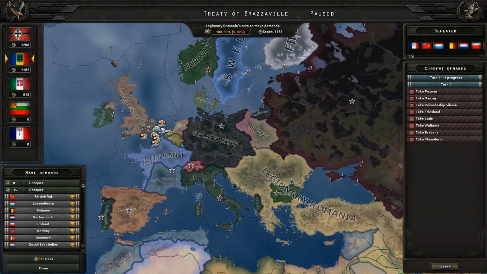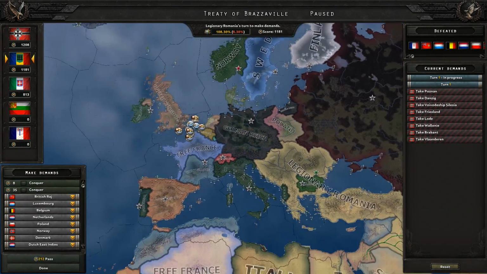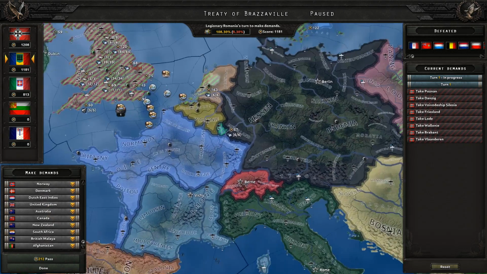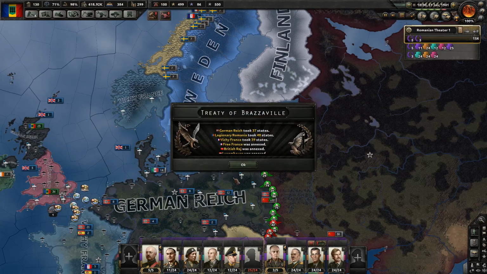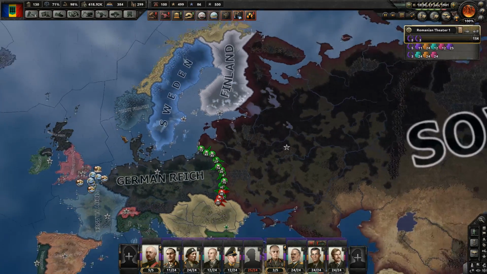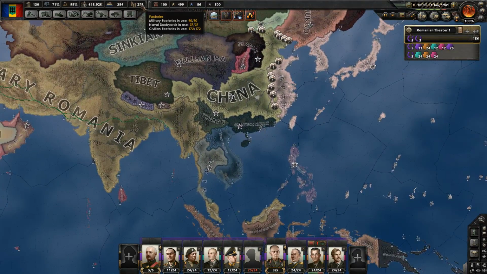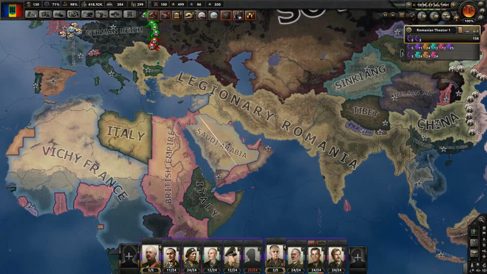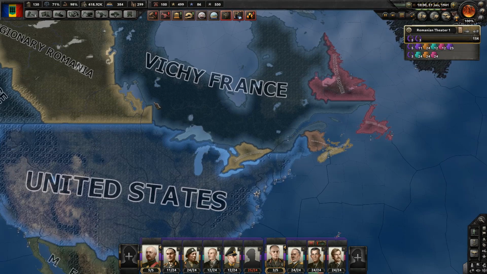So, I'll do my best to get a lot of territory from this, and I'll show you the end result, because, you know, transmitting the whole peace conference would be a bit too much. Let's see how much we got. We got 48 states and 2 puppets. We have 300 factories. We own all of the Raj, Afghanistan, most of Canada, but not...